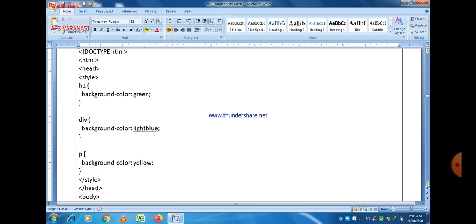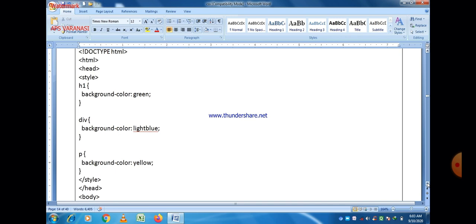After that the main program starts from body. So this is an example of internal CSS, in which CSS is a part of the HTML program, and we write all CSS coding within the style element, which is mentioned within the head element of your HTML program.